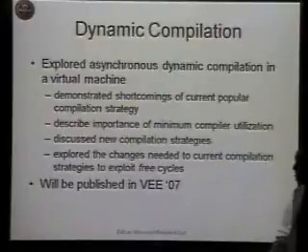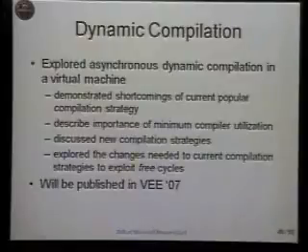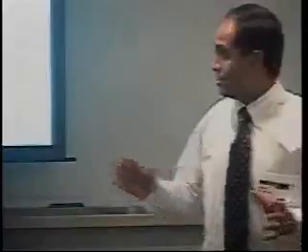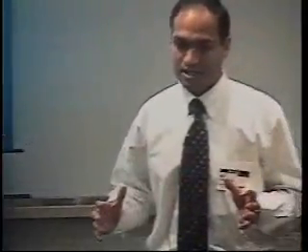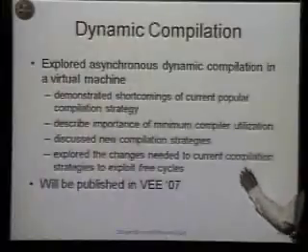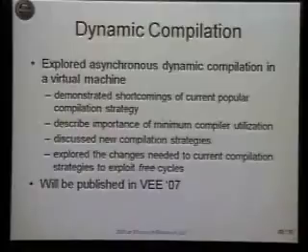At the same time, we also discussed a new strategy, and this was also the first work where we saw how we need to adapt the strategy, the controller, the compilation strategy, if we move to multiprocessor machines where we now have free cycles. So if we have free cycles, what changes to compiler strategy should be done in a JIT compiler environment? These are also very interesting results, and they will be published in our VEE paper in 2007 at FCRC in June.